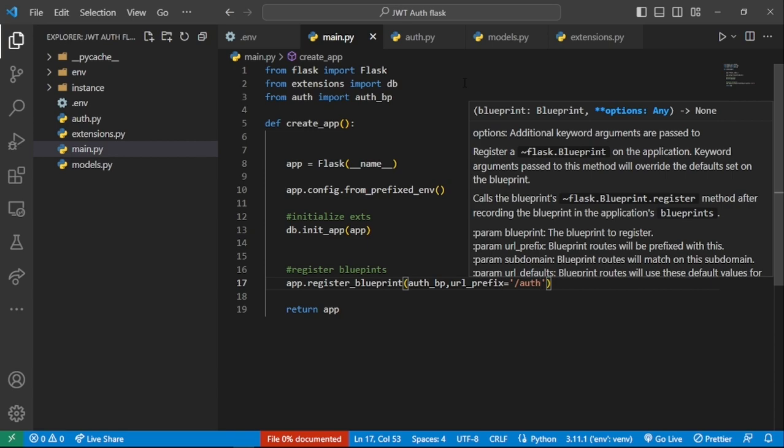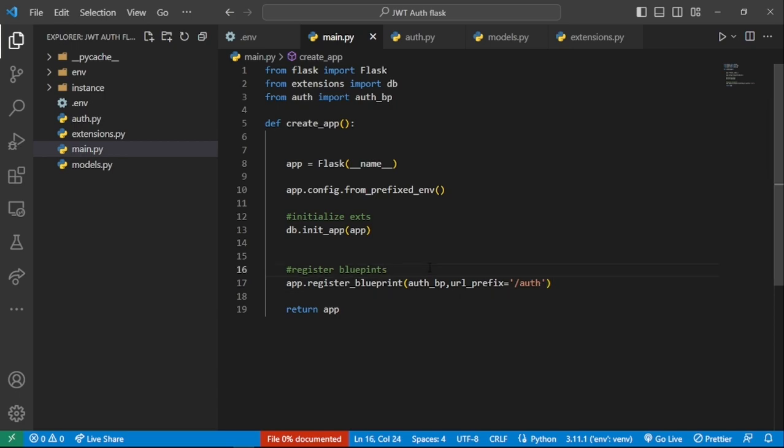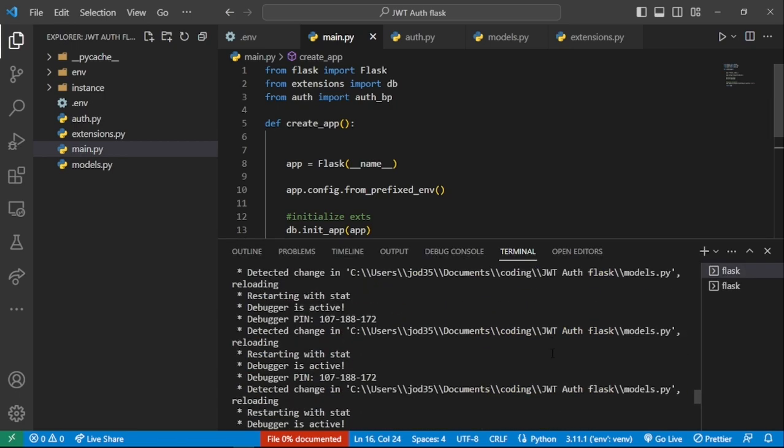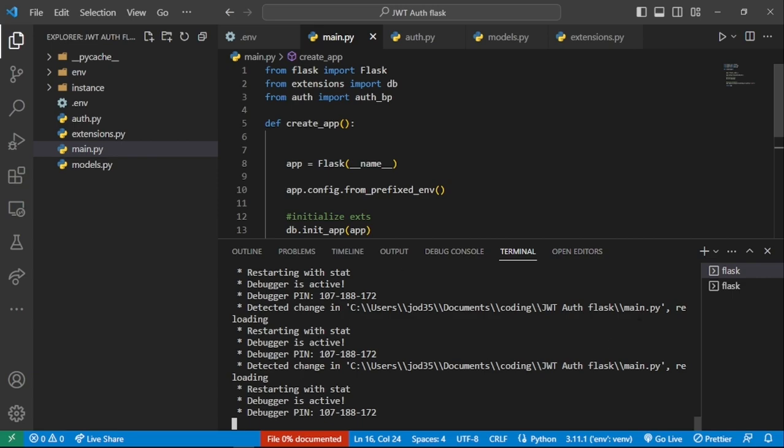So once we've been able to do that, the next thing is going to be for us to go ahead and test our endpoint. So hope our server is running. So if we come to our server, it's running. Now I'm going to be using Postman. You can feel free to use any other tools such as Insomnia or even old school cURL. So what I'll do is to come right here and open my Postman app, and